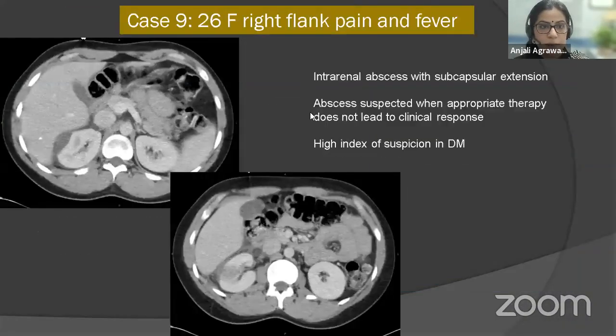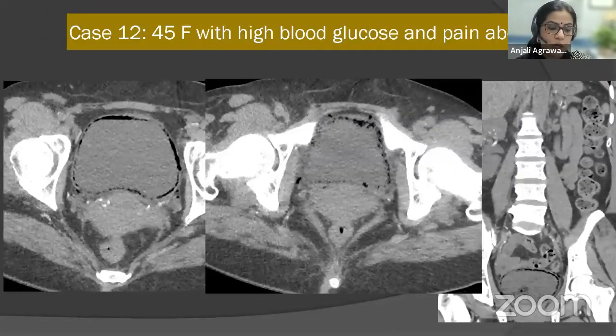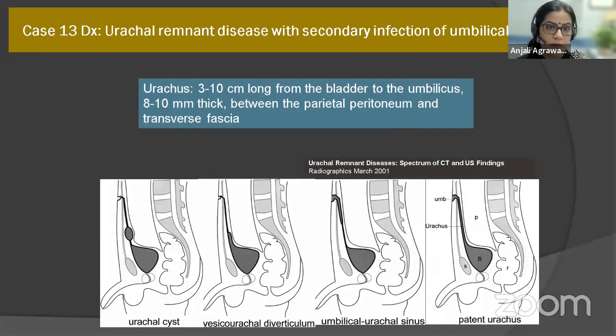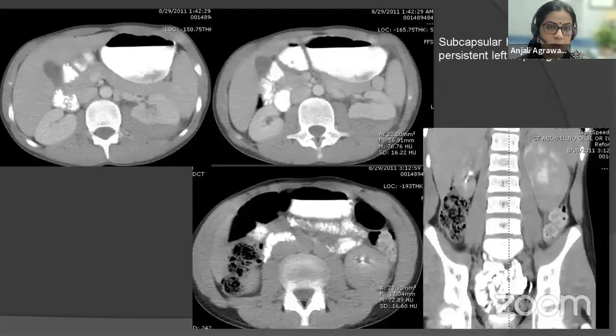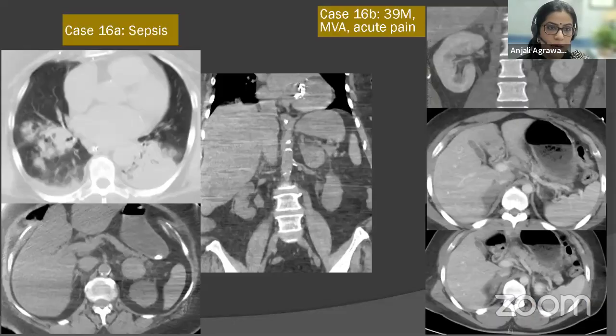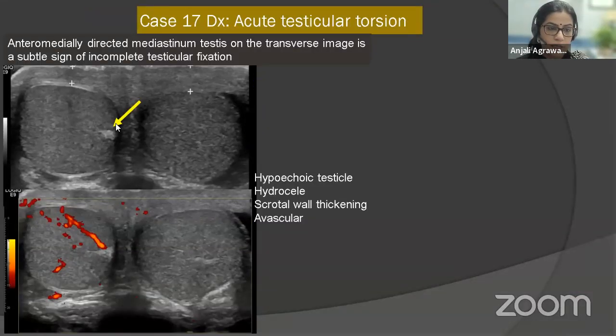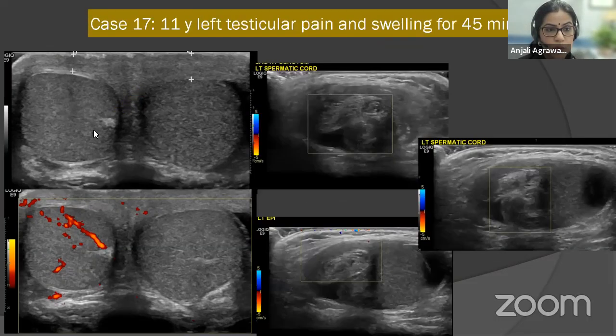So as I mentioned, you can see partial torsion is a challenge, and you first pay very close attention to the grayscale findings of the testicle. First, look at the location of the mediastinum testis, look at the orientation of the testicle. The testicle anatomically is normally seen in a longitudinal plane, but as I showed you here in